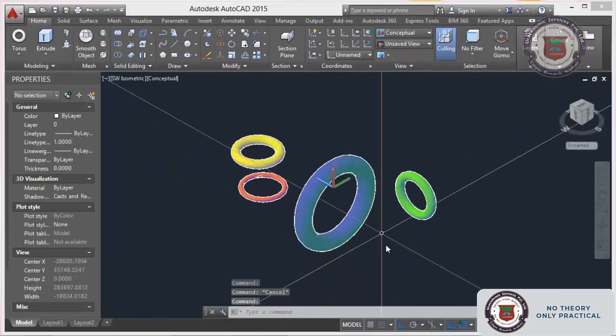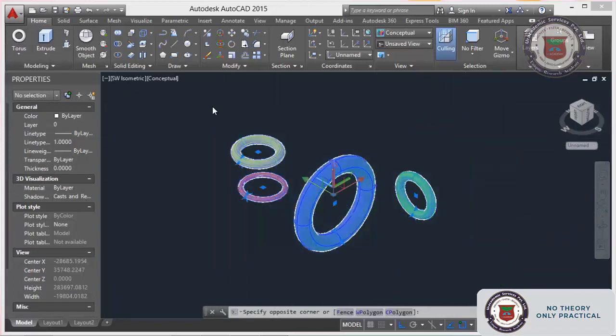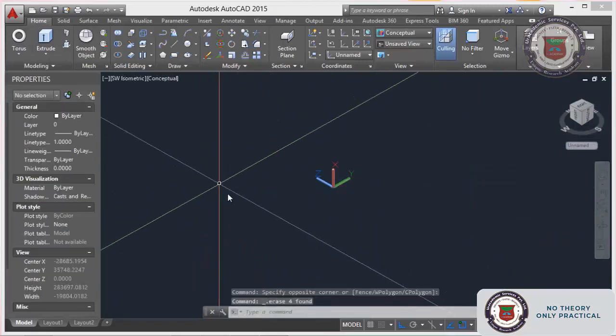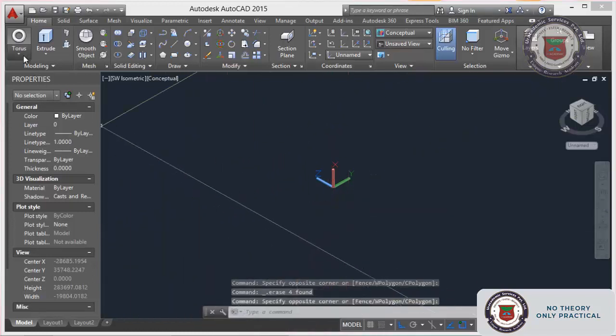I think we have gone through all modeling commands. Only modeling commands with basic parameters only. These all are the basic parameters. Today we have seen cylinder, pyramid, torus. Okay. Now what we will do, quickly we can go through all the commands in a single attempt. Okay. Now one by one we will go through.